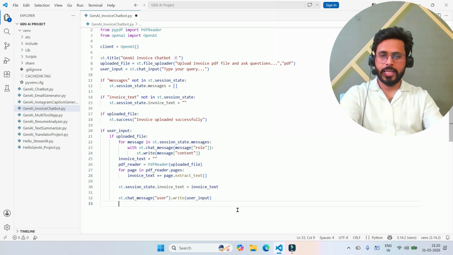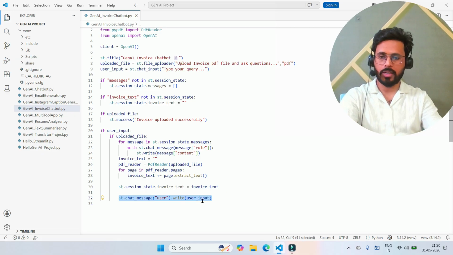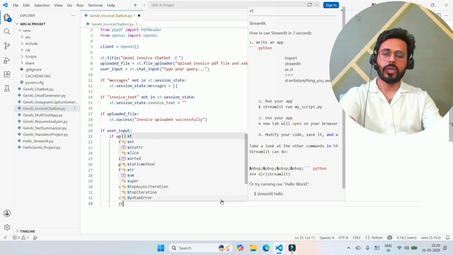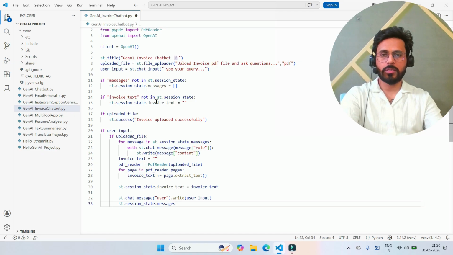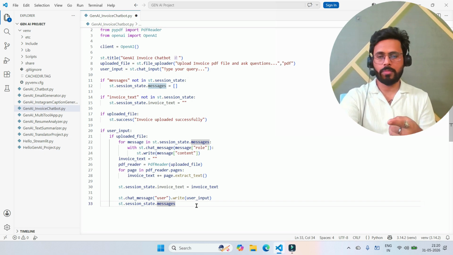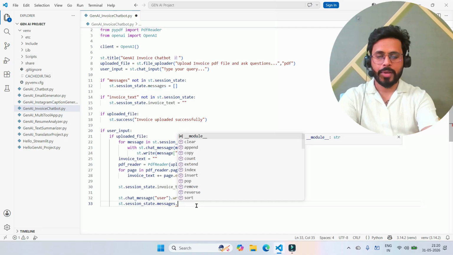Next, I also want to append that. Let's say that is displayed, and whenever we are getting another text, that should be appended here. So I'll say st dot session state dot messages, because everything is stored in these messages. So this is my complete session. I want to append every time this user input and this user role, so I'll say messages dot append